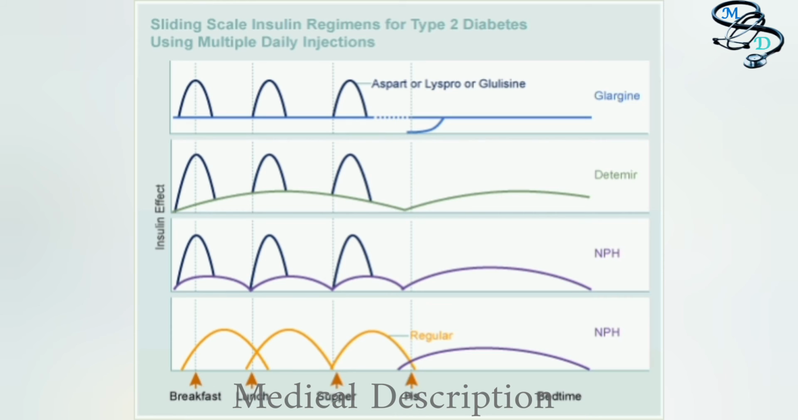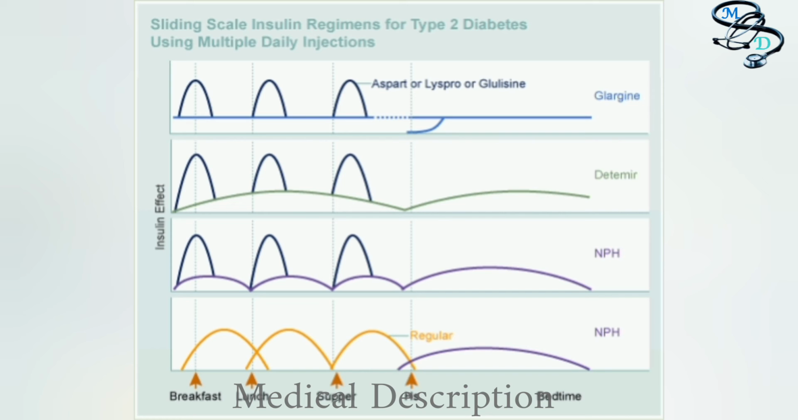You should know about sliding scale therapy. The insulin dose is based on your blood sugar. The higher the blood sugar, the higher the insulin dose, and vice versa. The lower your blood sugar, the lower the insulin dose. Sliding scale insulin regimens approximate daily insulin requirements, and common sliding scale regimens are long-acting insulin, glargine, detemir,